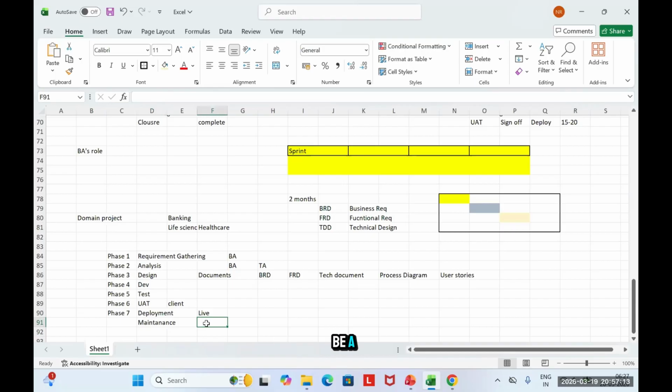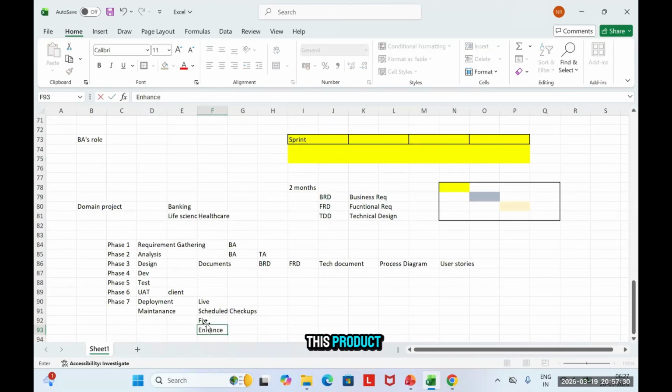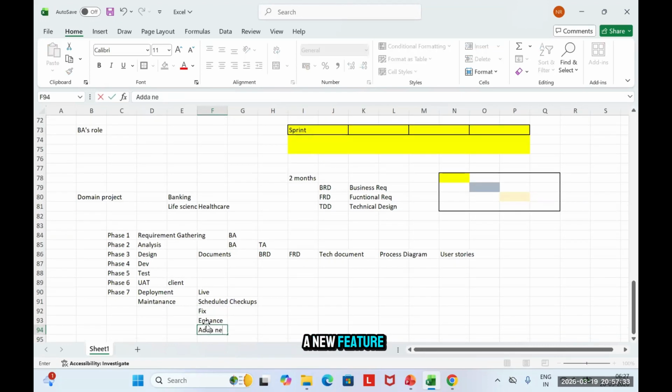There will be scheduled checkups, or if it breaks down, we will fix this product. We can enhance this product. We can add a new feature into this product. So that is what happens in maintenance. Maintenance is also known as support, supporting the project, or they are usually known as support projects.